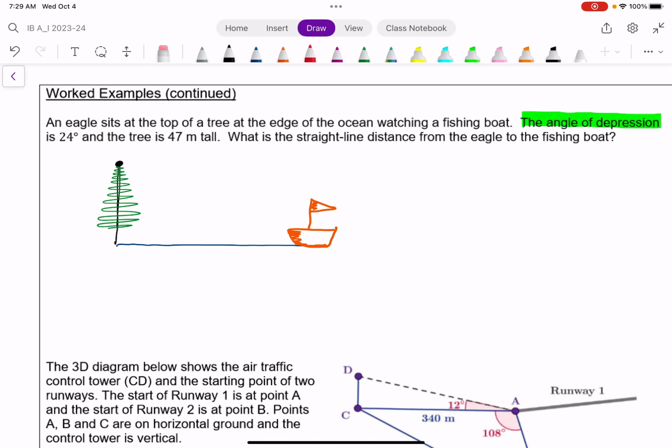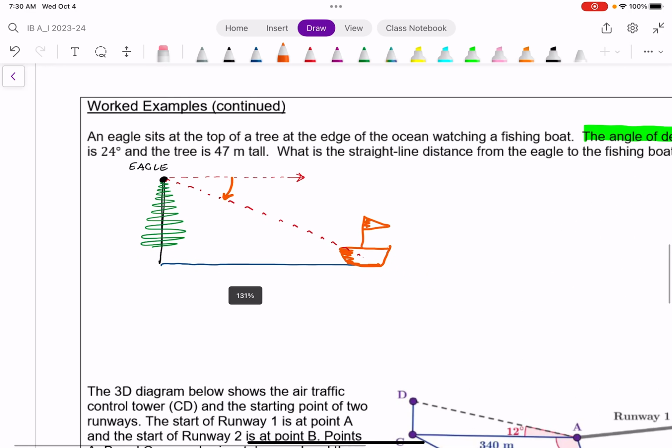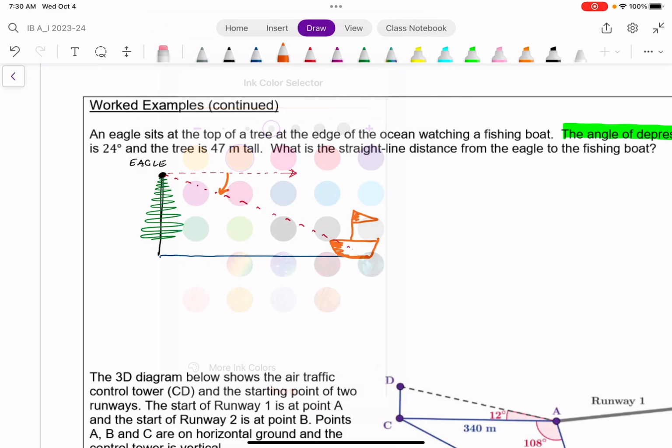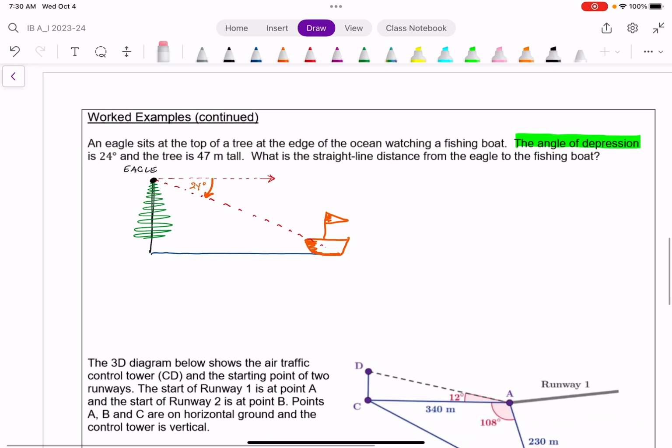Well, from the eagle to the boat, the angle of depression is the angle from the horizontal, because again, the eagle is up here. It's the angle from the horizontal down for angle of depression. So the 24 degrees that's being described is that angle I just sketched out. If it was angle of elevation, that means the eagle would be looking up at something, and the angle would again still start from the horizontal but go this way. Hopefully this all sounds familiar. And knowing the tree is 47 meters tall,